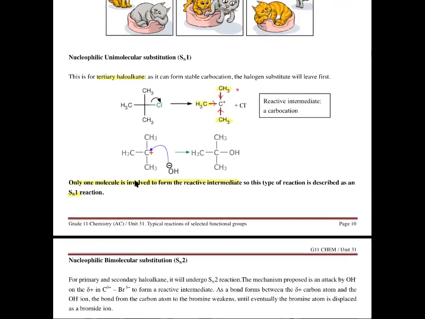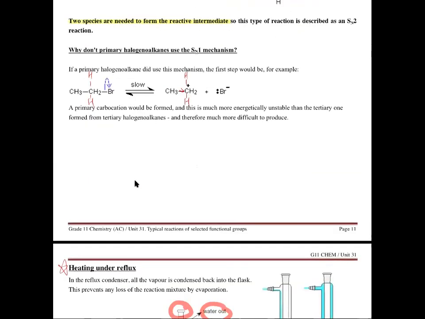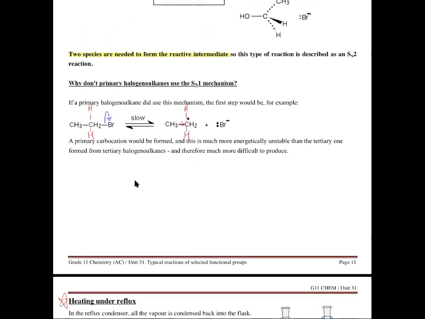If we have a tertiary haloalkane, you can see there are 3 methyl groups surrounding this positively charged carbon. All these 3 methyl groups can donate electrons towards this carbon, making it less positively charged, so more stable. But this one, since it has only 2 alkyl groups, is much more unstable and